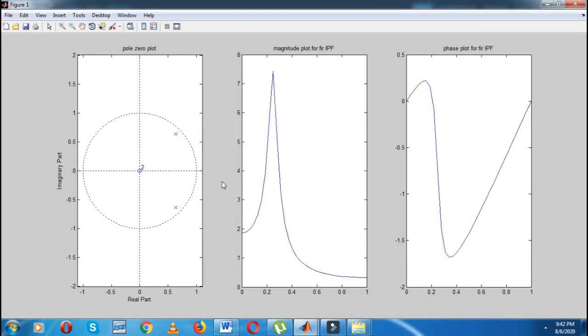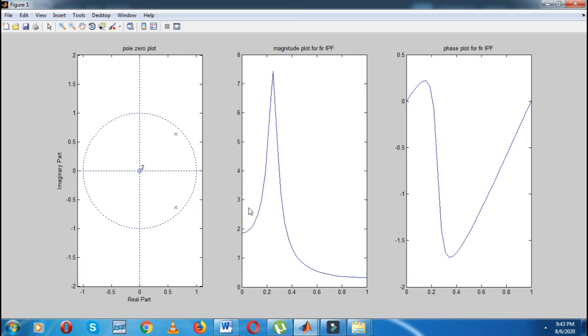Now you can see the two poles are at two different positions, at this position and at this position. So whatever the frequencies are between the two poles, that frequency will be passed. In a band pass filter, initially some of the frequency is rejected, after that some of the frequency will be passed, and again whatever the frequencies are there will be rejected.